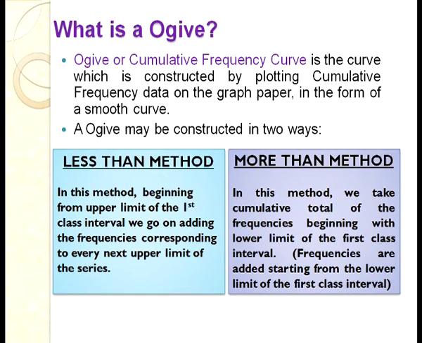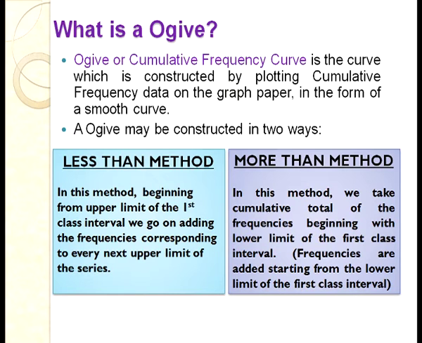Now students, we have learned all the steps. We can discuss cumulative graphs. Cumulative graphs or cumulative frequency curves are often known as ogives. An ogive is the curve constructed by plotting cumulative frequency data on graph paper in the form of a smooth curve. Students, note the point: for the frequency polygon, we used a scale or ruler. Over here, we are going to join by smooth hand, so we are not going to construct straight lines in case of ogives.